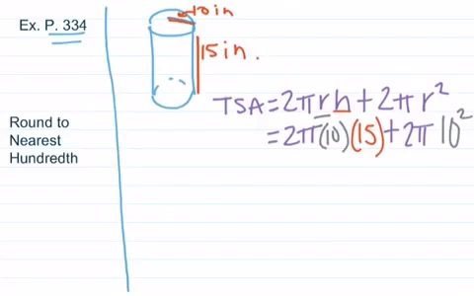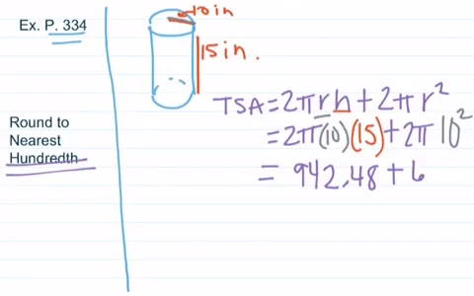So now we're just going to evaluate. So 2 times pi times 10 times 15, if you use your calculator, and again, we're rounding to the nearest hundredth. Okay, so that's 2 spaces to the right of the decimal. You get 942.48